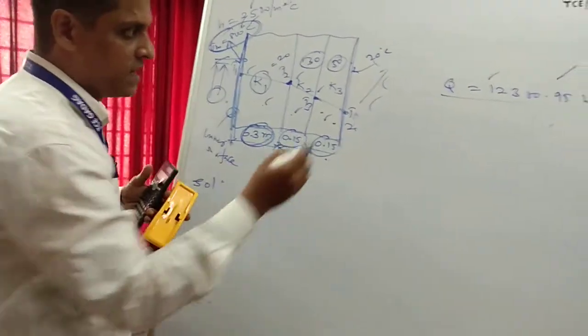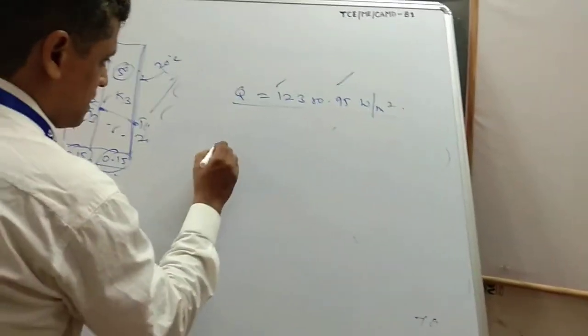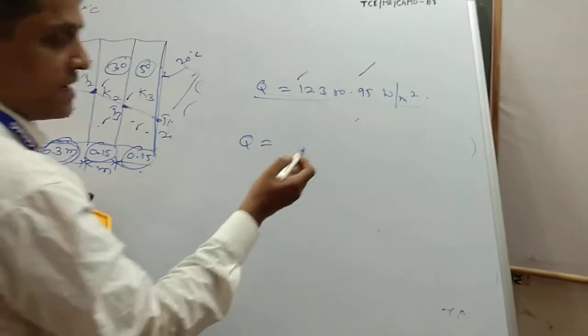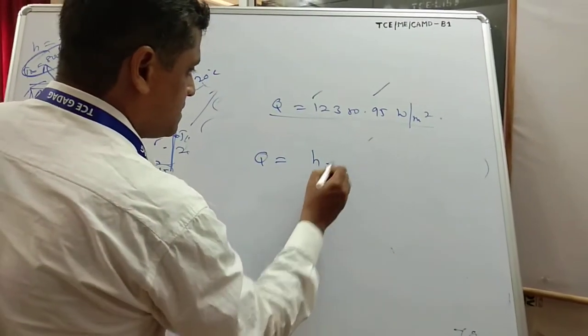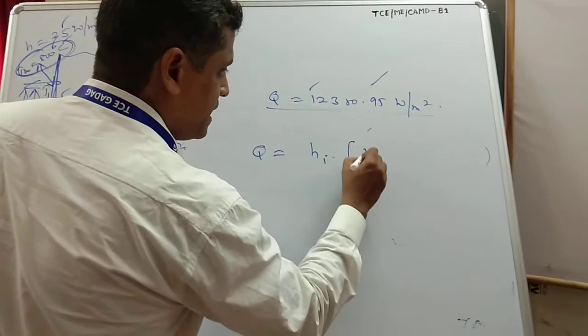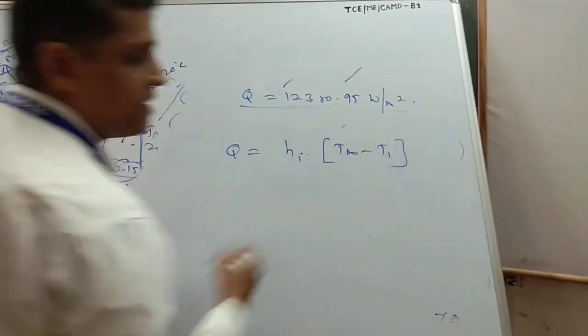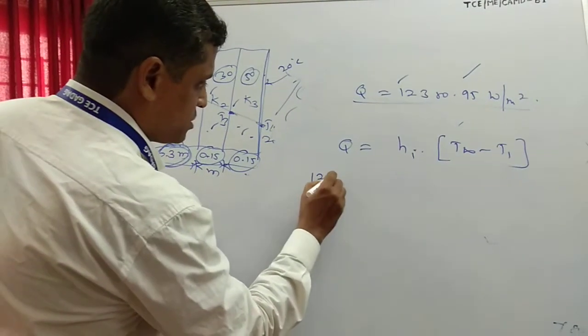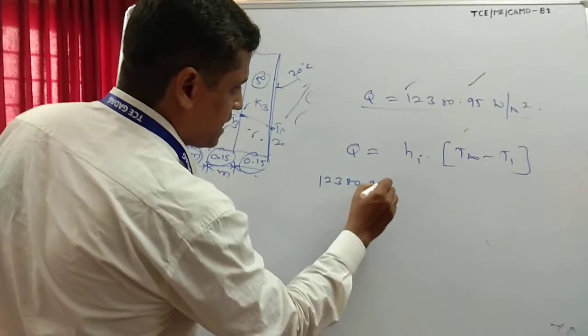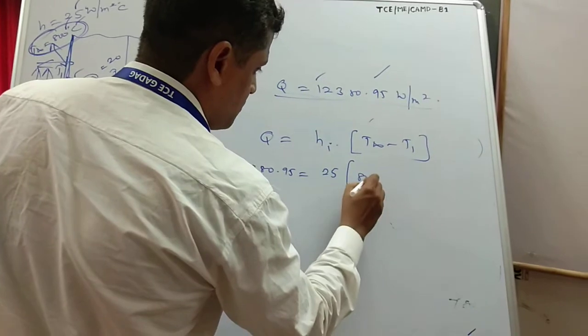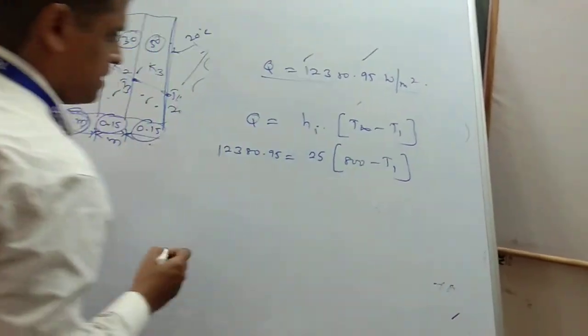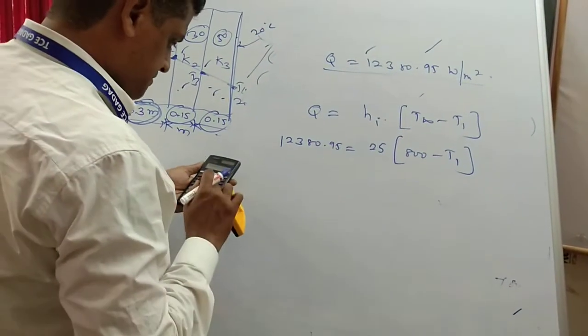Then I should use the convection equation, that is Q is given by hA dT, that is hi, since area is unit area, into dT, which is T infinity minus T1. Q is 12,380.95, hi given is 25, T infinity is 800 minus T1. Okay, now if you calculate, you will get